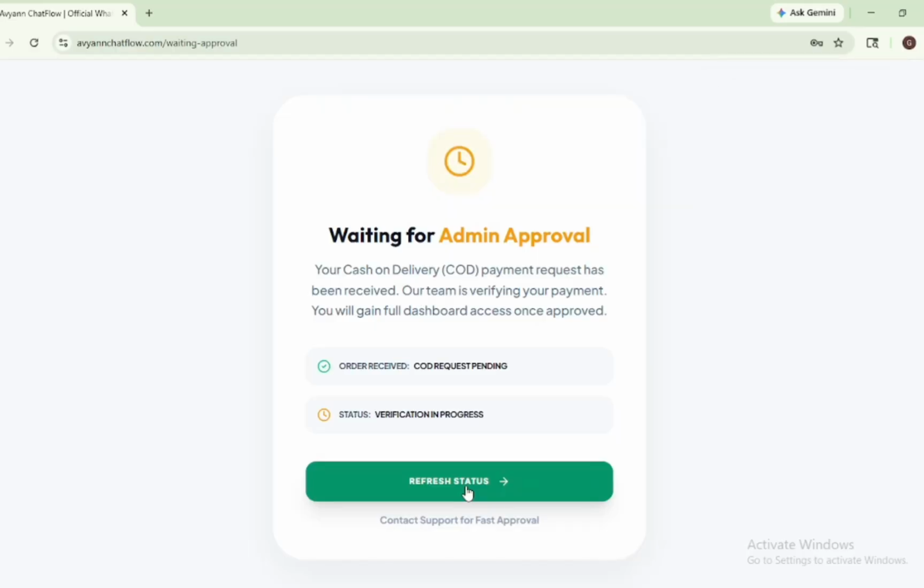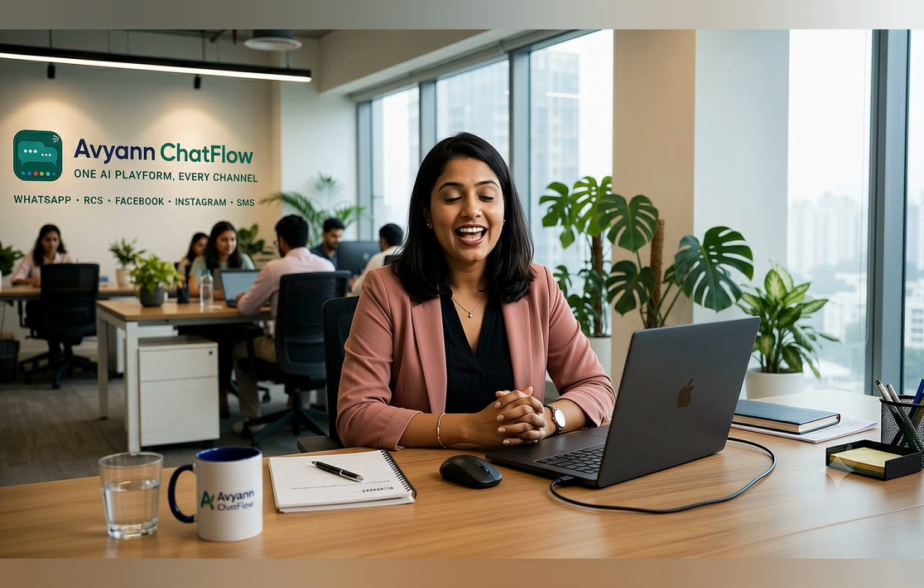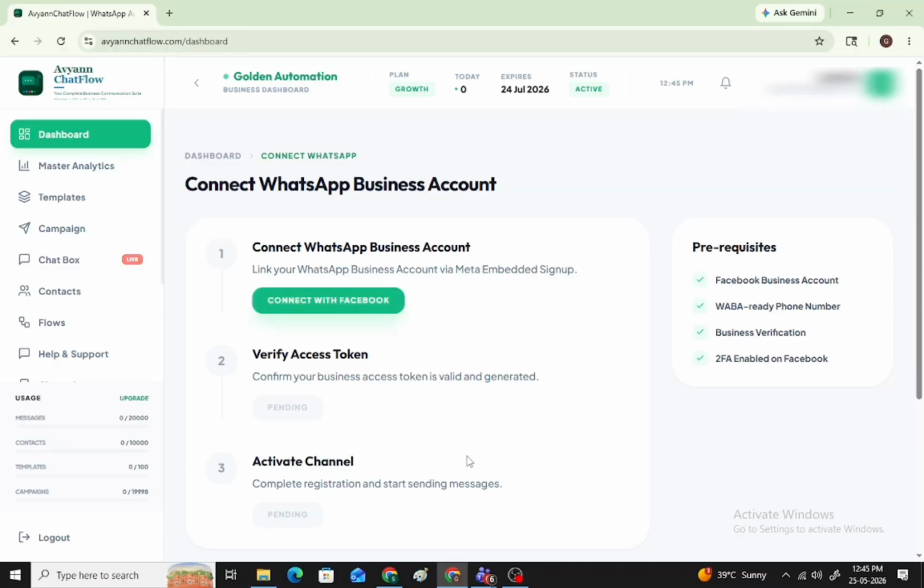Please wait while your payment is being verified. Once your payment is successfully verified, your subscription will be activated automatically and all the selected services will become available in your account. That's it. Your Avyann ChatFlow subscription is now active and you're ready to start using all the features included in